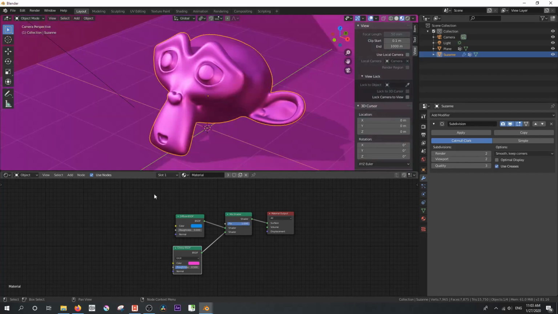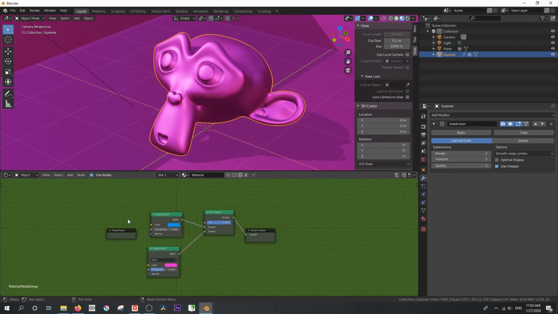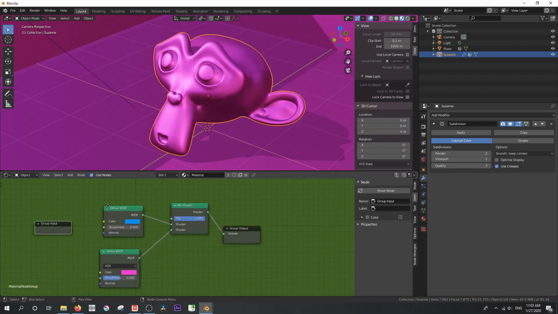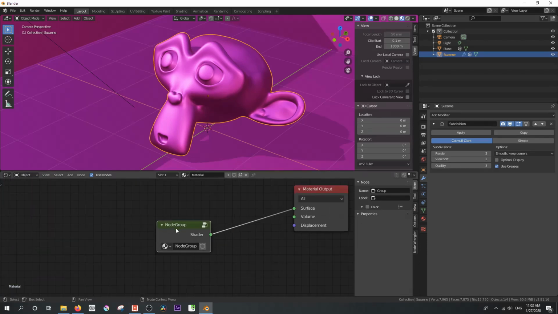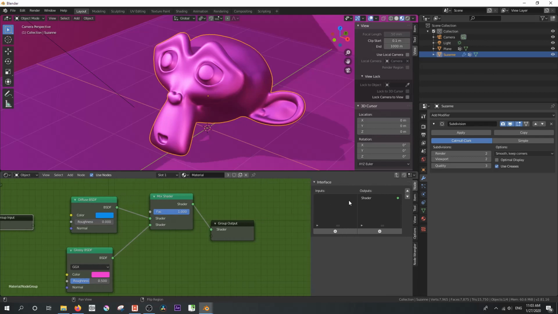Now we're going to group these all together. We press Control G and make ourselves a little group. Usually the way you create inputs for a group is inside of the group. If you're outside the node group, you just click it and hit Tab. Inside of the node group, you go to the node settings, hit N,